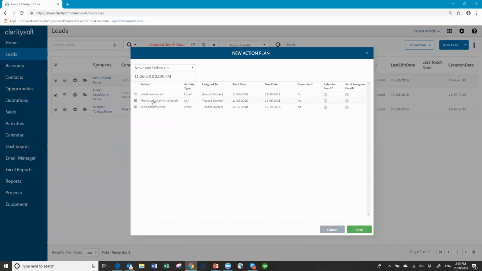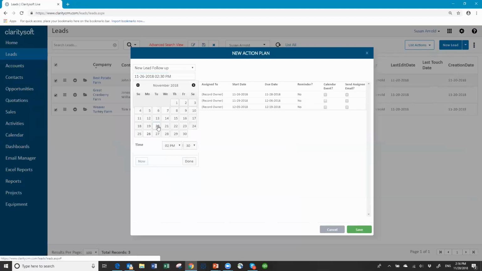And if you notice, here are the dates. So the first one is to be started on the 26th and should be completed no later than the 28th. So that first email needs to be sent out in that time window. Then the second one was due to start 3 days in and go to 5, and then this was 7 to 10. If you change the start date up here, it will automatically calculate. So if I bring it back to the 20th,